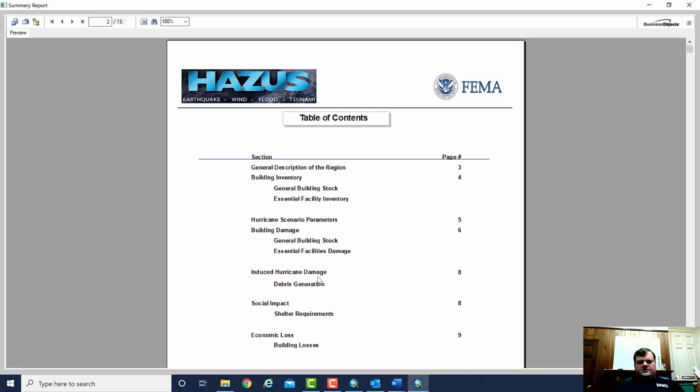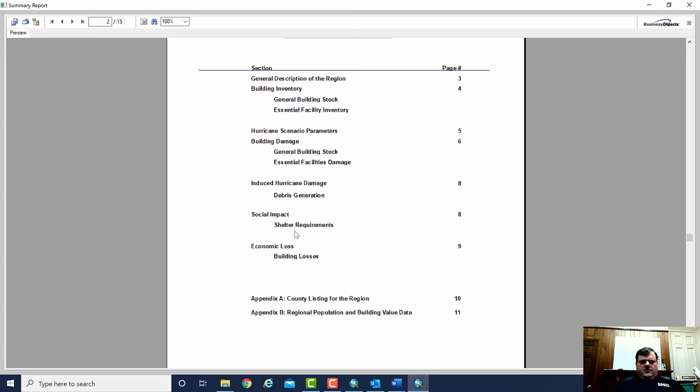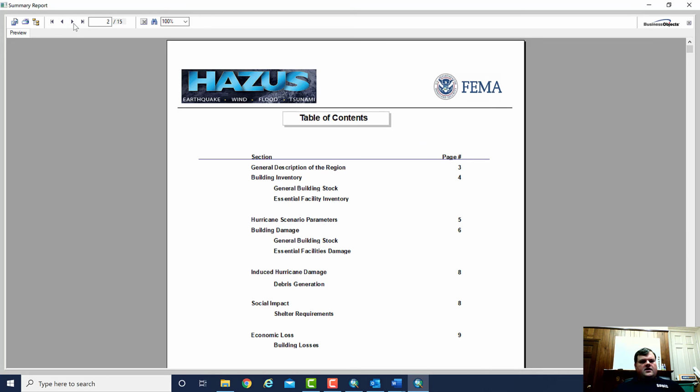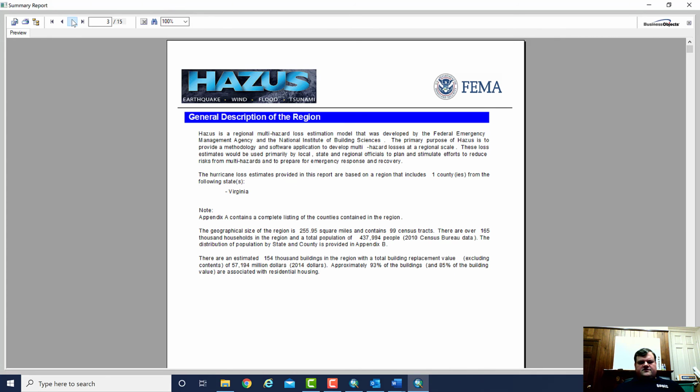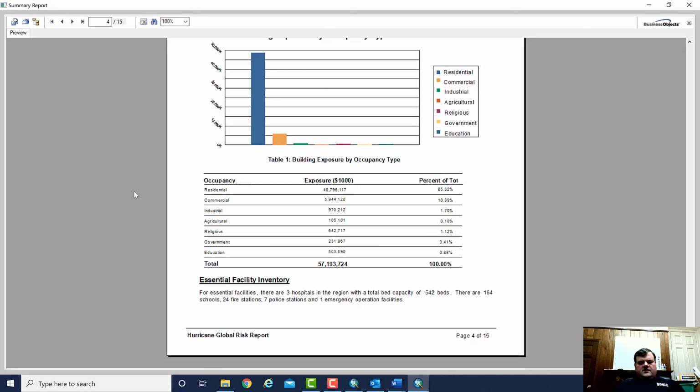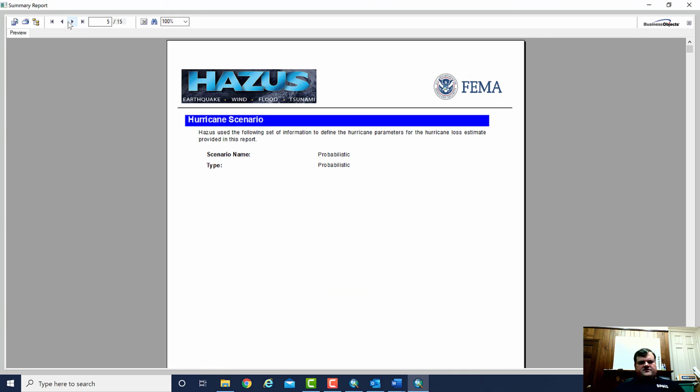in the induced hurricane damage, which includes the debris generation. We have the social impacts, which are the shelter requirements, so the displaced household and shelter requirements are here, and the economic loss as well. So you can kind of go through this and see. This is again the inventory section,